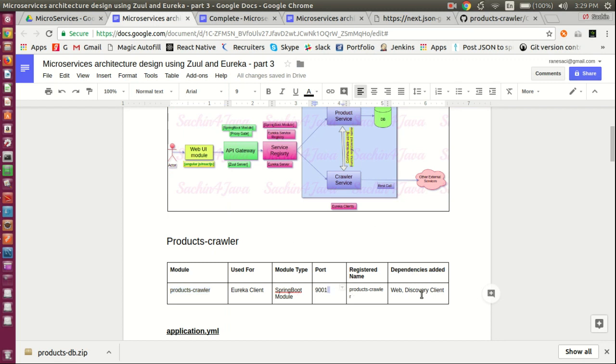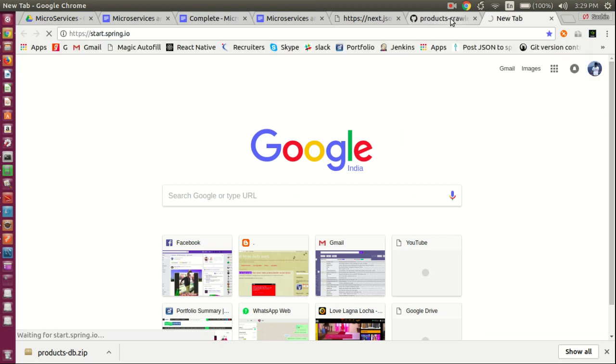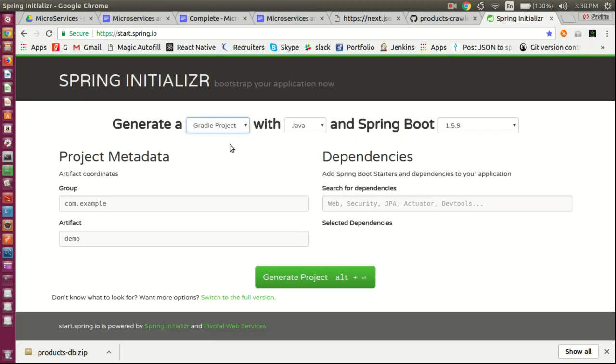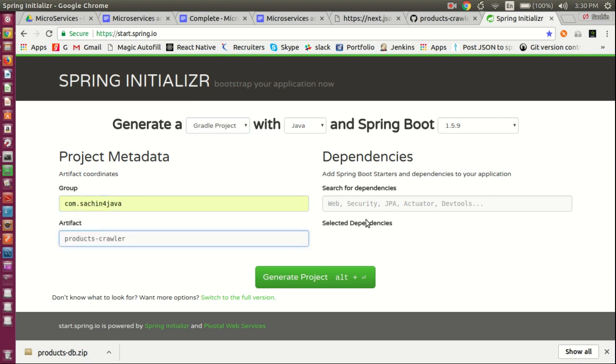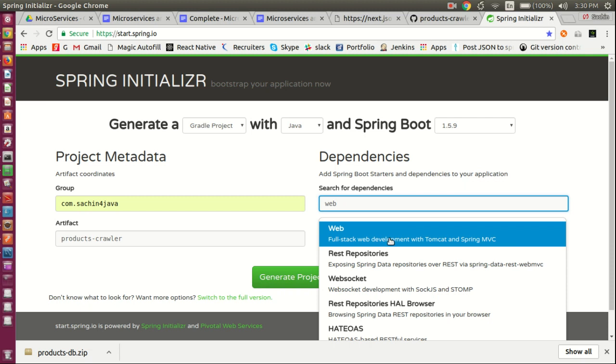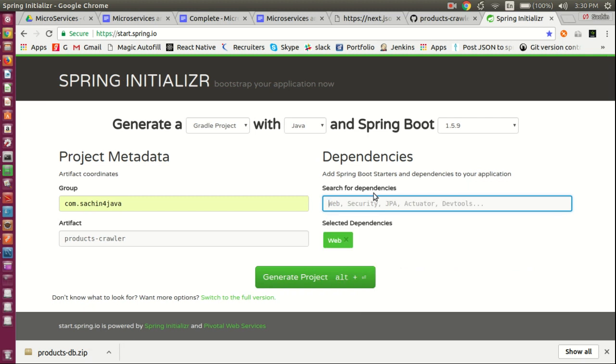So that's about the crawler service. So let's create this module. So this is the SpringBoot module, and we will be having 9001 port, and this is the name, and the dependencies we will need are web and discovery client. So let's create this. Go to start.spring.io, go to this Gradle. Okay, this is the com dot for Java, and give this name product crawler, and this is the web, and this is the Eureka discovery. This is for clients,